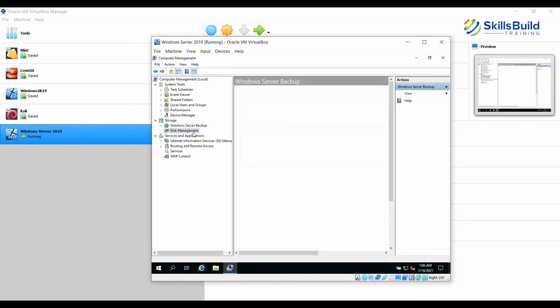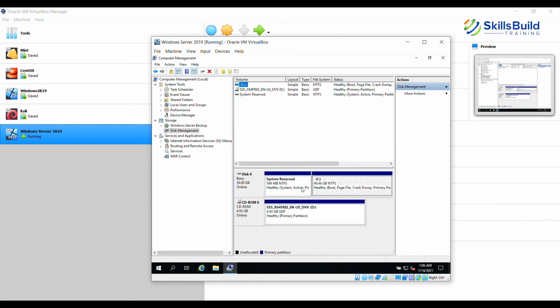And then you have the Server Backup and you have Disk Management. Now Disk Management is where you would be able to configure a particular disk. So for instance, if you add a disk into this server, then you need to use Disk Management to configure that disk. You can also configure redundancy. You can do a lot of things in Disk Management. I can split this particular disk into two disks by doing Shrink Volume, and then I can define the size of the second volume. So this disk gets split into two disks, and further I can split that disk as well, as long as there is free space on this particular disk.